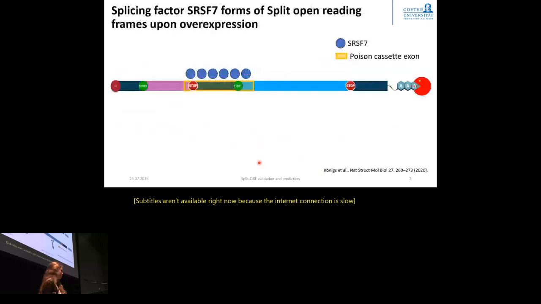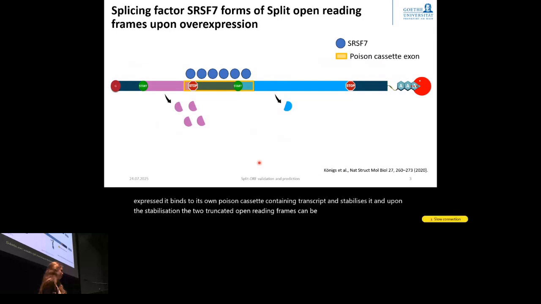And split open reading frames were first observed for a splicing factor called SRSF7. And SRSF7 is involved in the splicing of many essential genes, such as clock genes. And it was seen that when SRSF7 is overexpressed, it binds to its own poison cassette-containing transcript and stabilizes it. And upon the stabilization, the two truncated open reading frames can be translated into two proteins, which both serve different